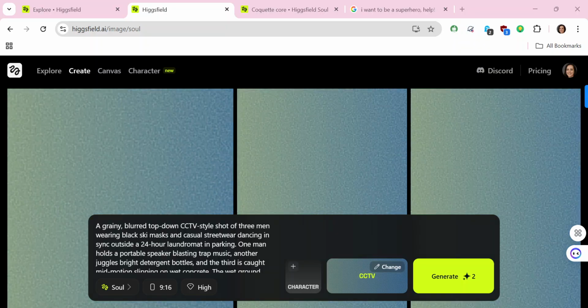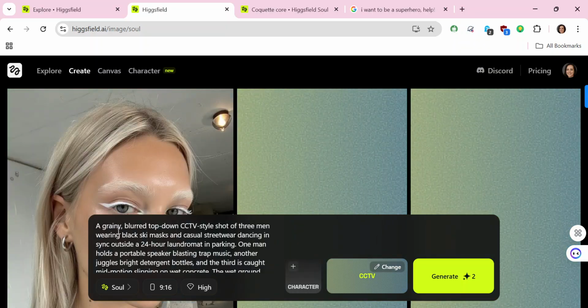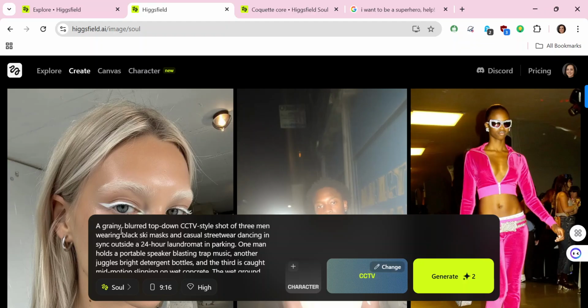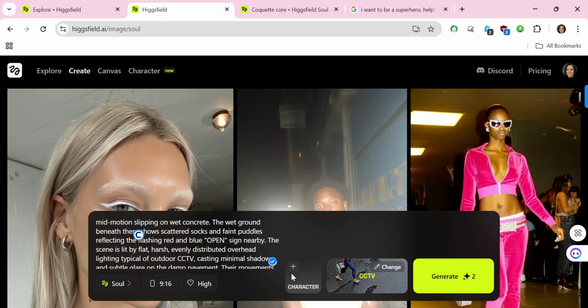So I can actually just recreate this. I can change some words here and then hit the generate button, and it will give me what I want,